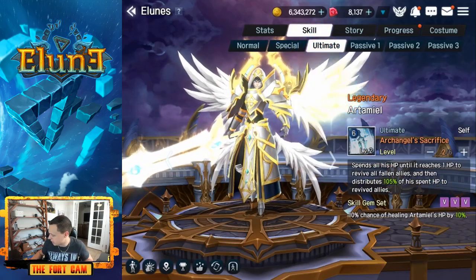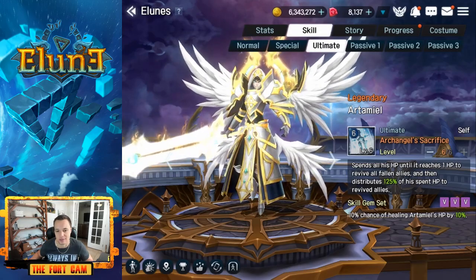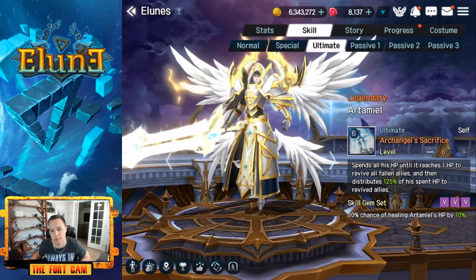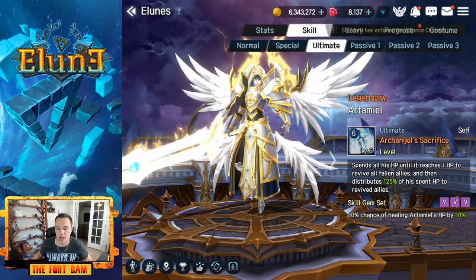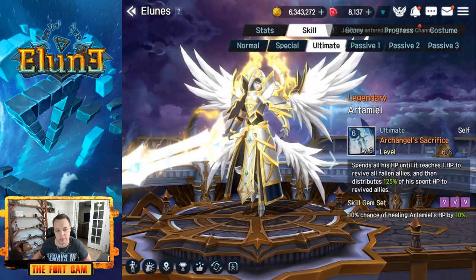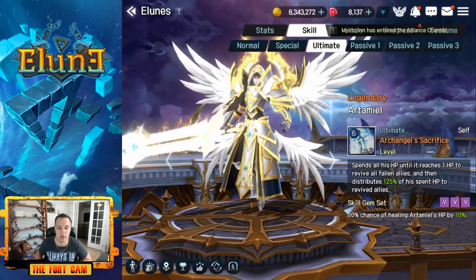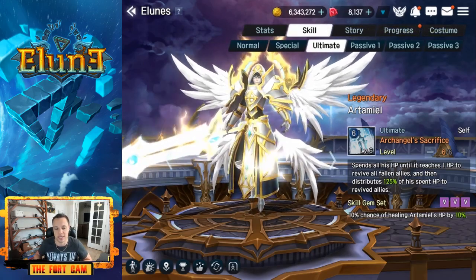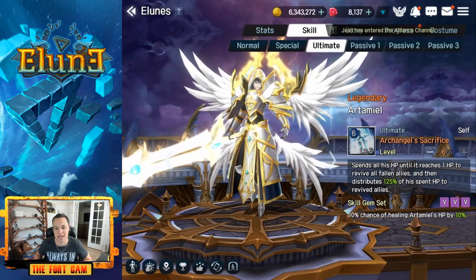Finally, his S3, let's go and max that out, is going to be that AoE revive. So it spends all of his HP until it reaches 1 HP to revive all fallen allies, then distributes 125% of the spent HP to revived allies. So obviously, if you're reviving all your allies, then it's going to be a situation where it's doing all to 5 heroes. If it's less allies, then you're going to be able to basically recover more HP because, say there's only 1 other dead ally and you use the S3, it's going to distribute 125% of his max HP,